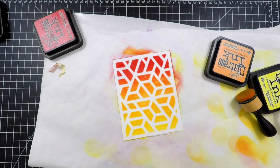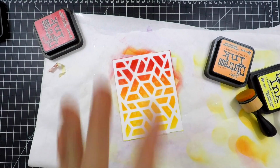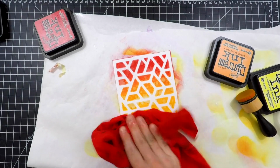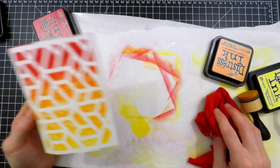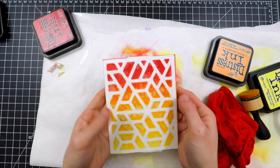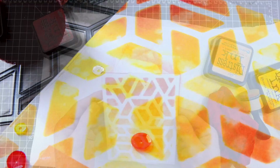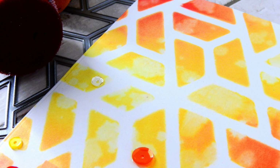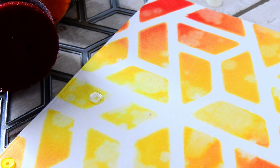So I'm going to add some water splatters on top of this just to give it a little bit more interest. You don't have to do this, but I like being able to get the Distress inks to react and have that really cool water splatter look. I think it just really looks cool. Now bear in mind I did use cardstock for this technique, so this technically can't handle a whole lot of water, but the water splatters I find don't have too much warping on the cardstock and it doesn't end up having any pilling effects. So I find that it works really well to do the water splatters on top of